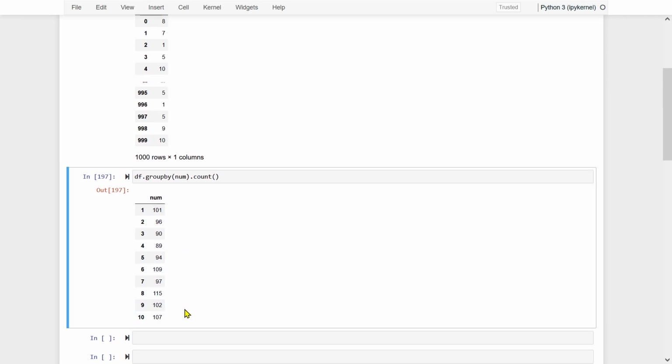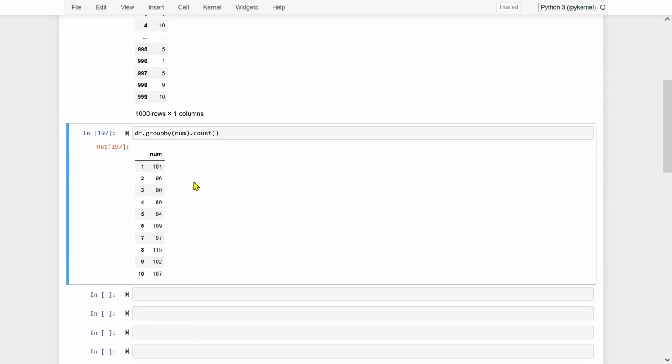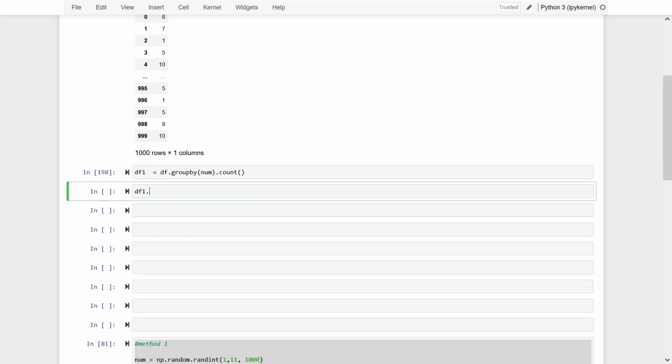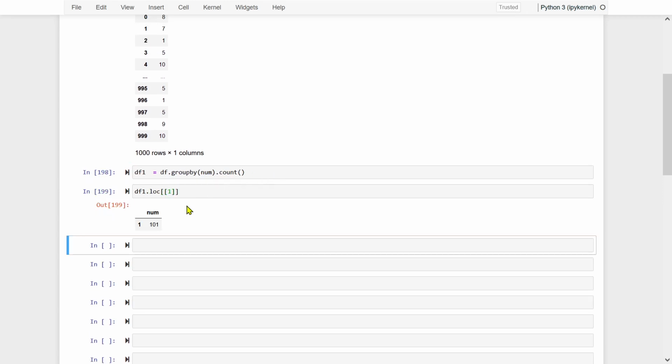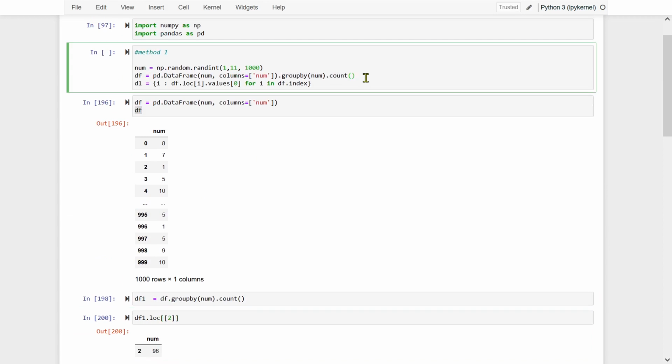Now once it is available, I can always query. Let me store it and show you. Once it is created, I can always write df.loc and show me what is there in 1. So 1 has occurred 101 times. 2 has occurred 96 times. So on and so forth. That is done. So this entire piece is doing that. Once that is created,